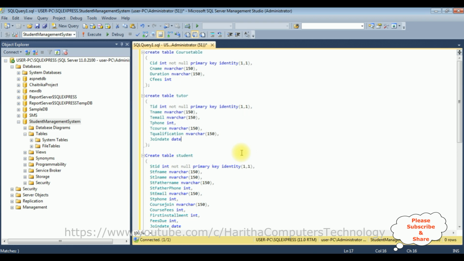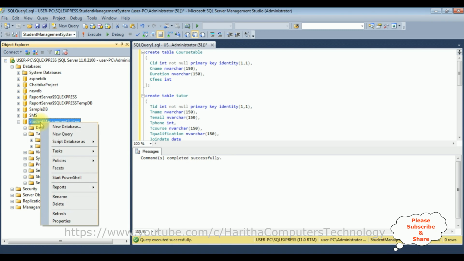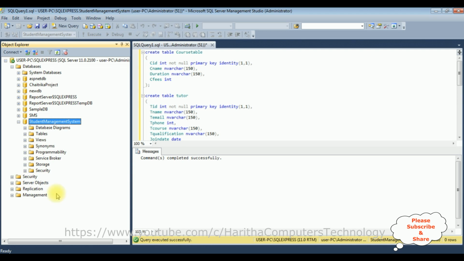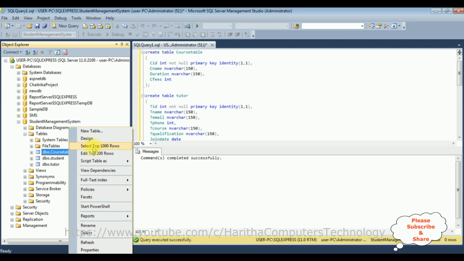Let's create these 3 tables, execute, and here we got a message, command completed successfully. Let me refresh this database as well as expand the tables folder. Notice here we got 3 tables: student, tutor, and course table. Let's browse the tables. Right click the course table, select top 1000 rows,